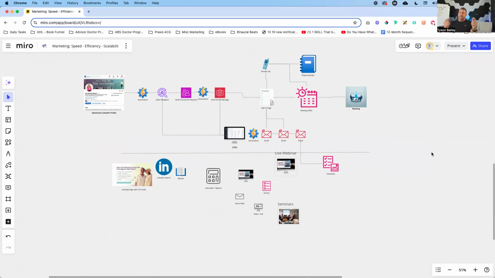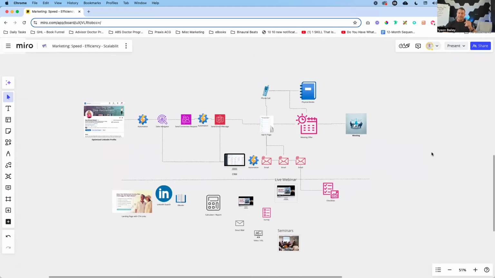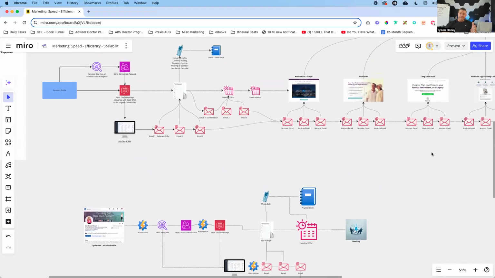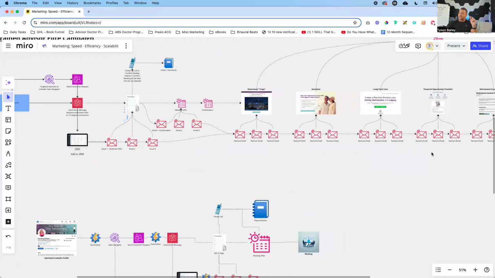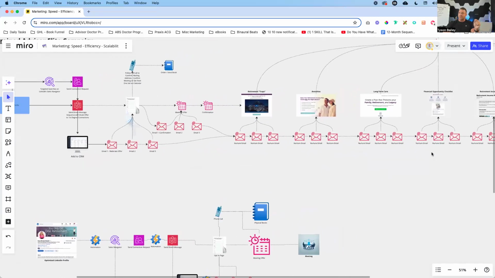Now, what's happening and what we're seeing inside of that advisor's business is that people are now circling back to that advisor after being inside of these nurturing sequences for a year, 2 years, 3 years, 4 years. One of the prospects that booked on the advisor's calendar last week was somebody who connected with the advisor on LinkedIn about 3+ years ago, has received 97 follow-up emails in that time frame and finally booked the first appointment.